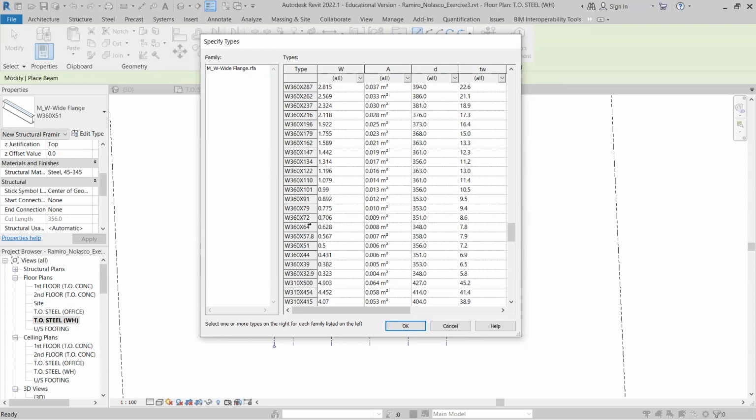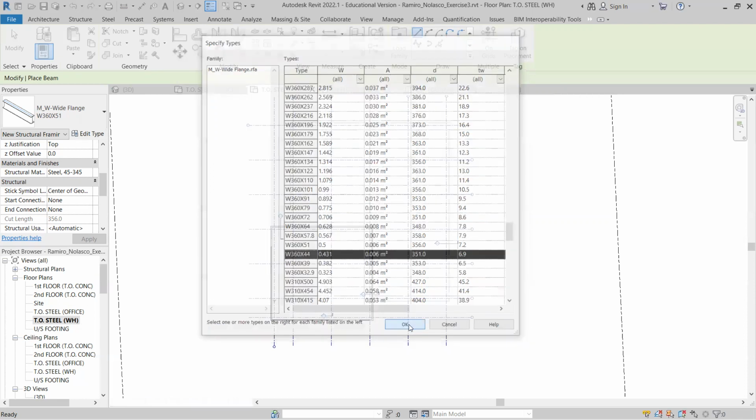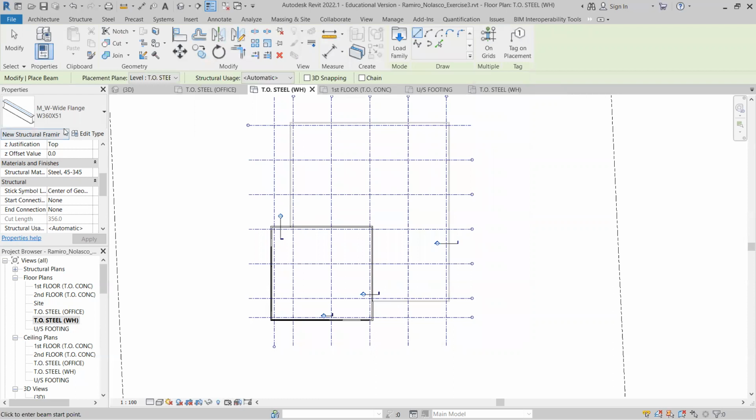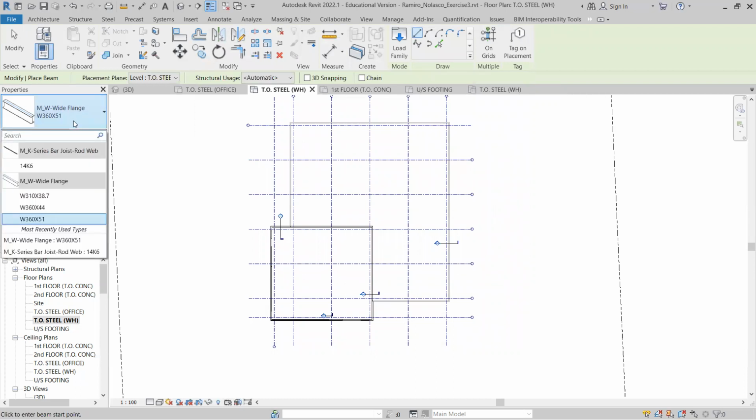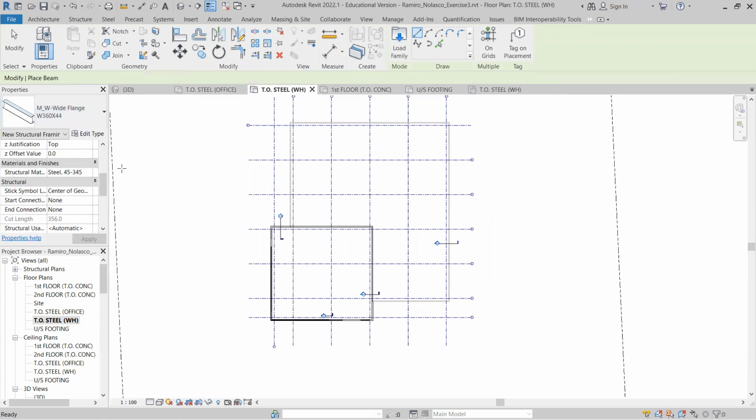beam. Like I said, I'm going to use the 360 by 51, but just for this purpose, let me load a smaller one, like a 44, 360 by 44. Okay, so 360 by 44 is now loaded. I'm still going to use the 360 by 51, or let's use a 44. Now,